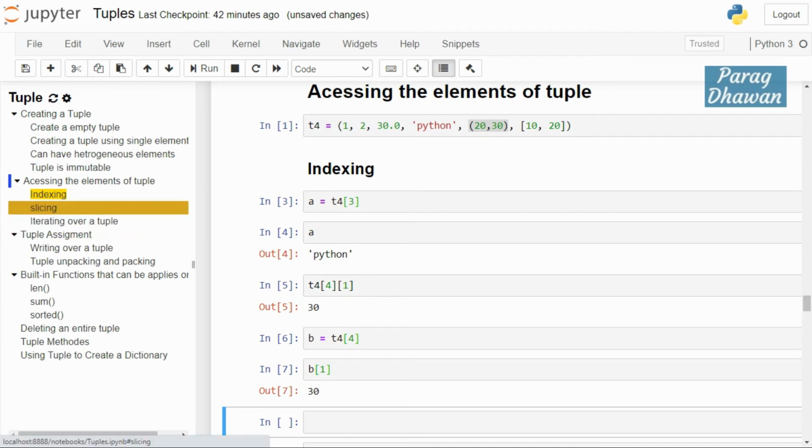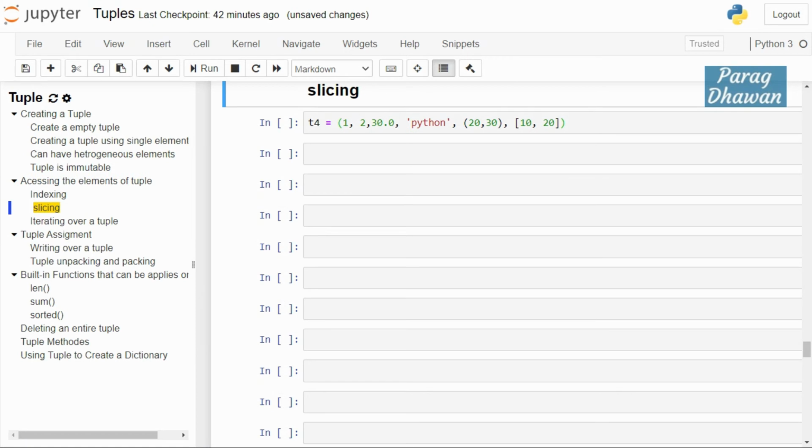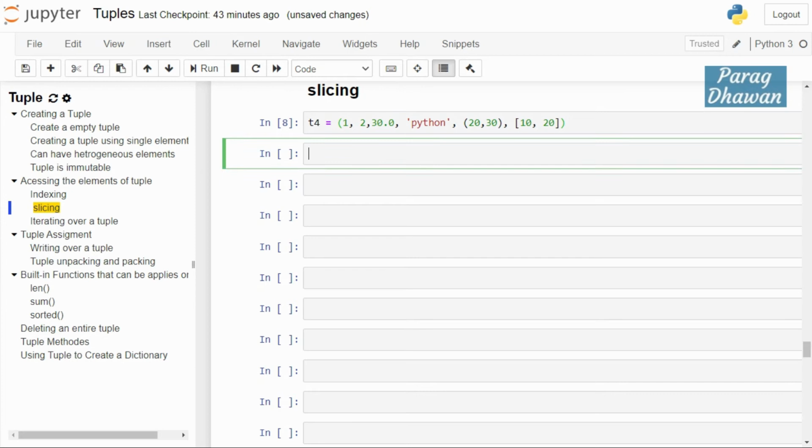Next, slicing. If you want to access multiple elements from the tuple, then you will use slicing. First create the tuple. Now inside the tuple you want to access multiple elements. You will give the start index. I want to access from 30 till the second last element, the tuple (20, 30). The index of 30 is 0, 1, 2.